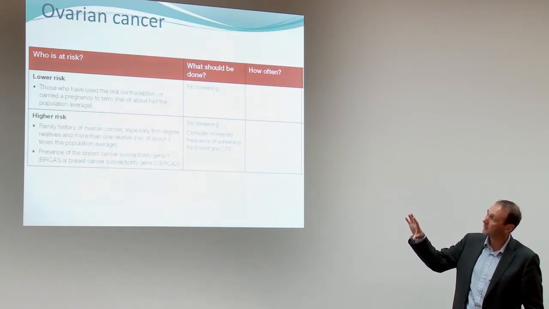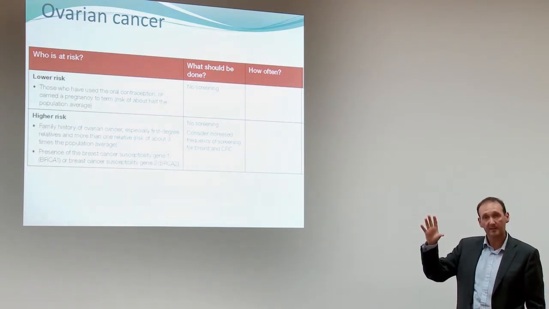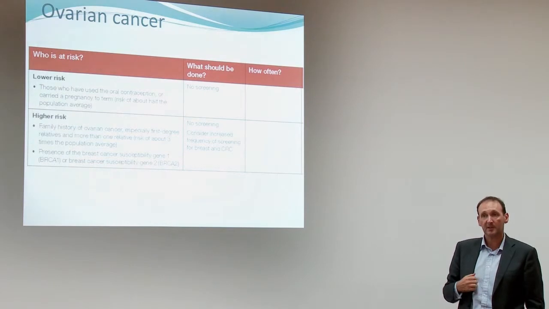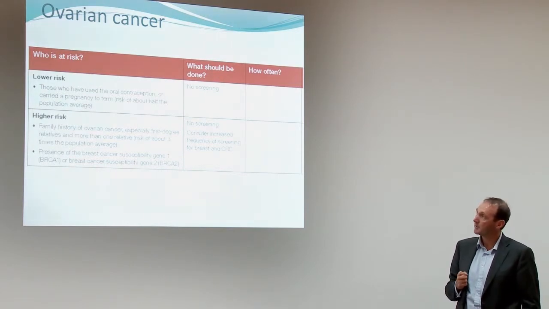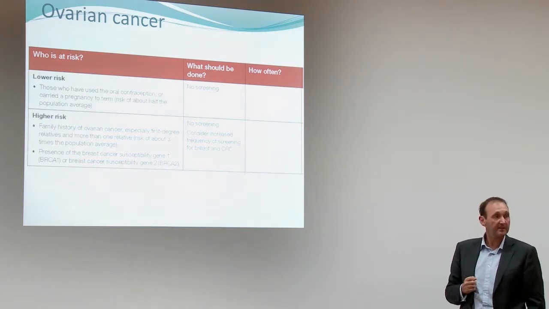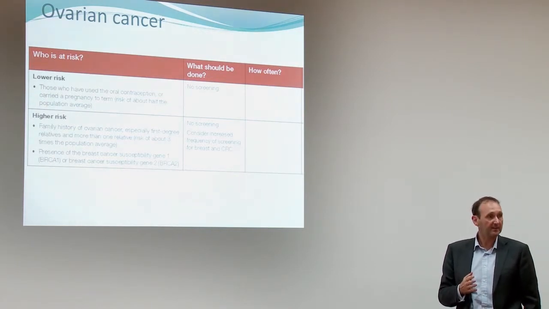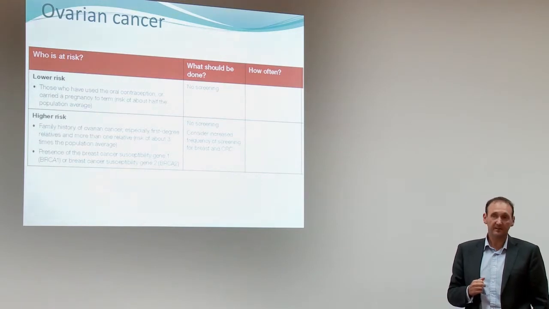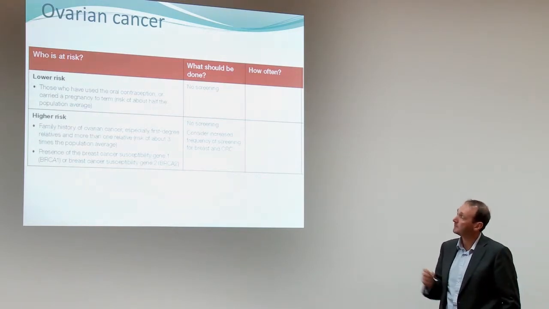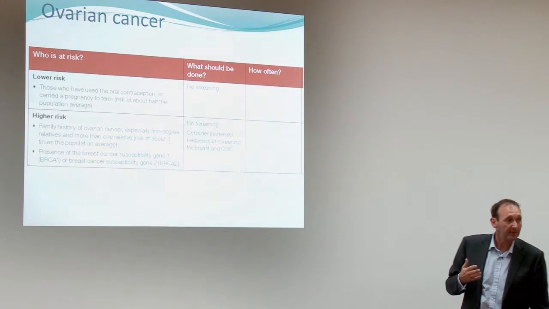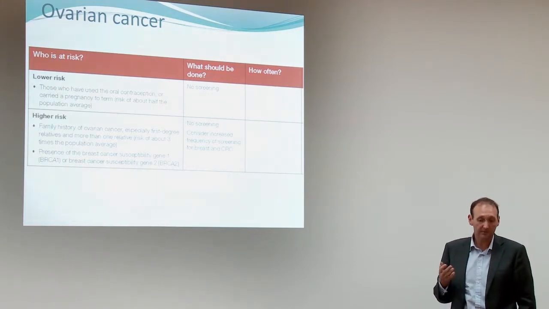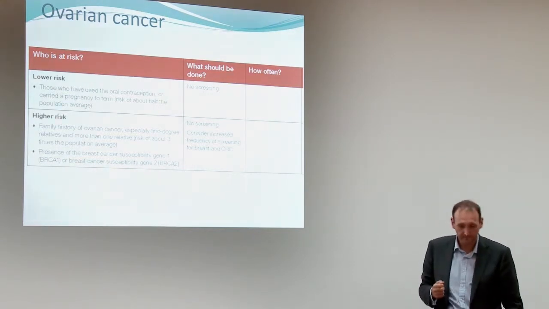If they're in the high risk band, then they will meet the criteria for high risk of breast cancer as well. And so it's probably best to refer them to the family cancer clinic, where a discussion of both their ovarian and breast cancer risk will be undertaken. They may, for example, require obviously additional breast cancer screening and maybe also colorectal cancer screening too.